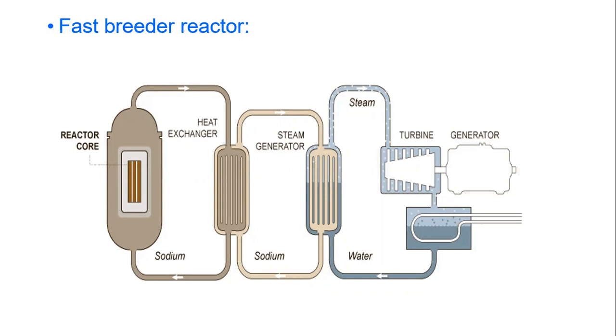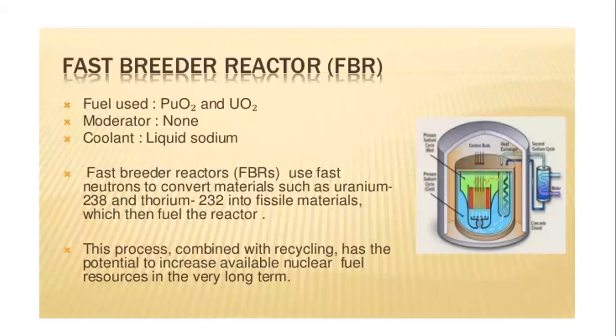In both the heat exchangers, the coolant used is sodium. Why are we using sodium as the coolant? Sodium is a good coolant when compared to ordinary water; it gives quicker cooling. That's why we use sodium as the coolant. Okay, this is the fast breeder reactor's working, operation, and also its advantages and disadvantages.